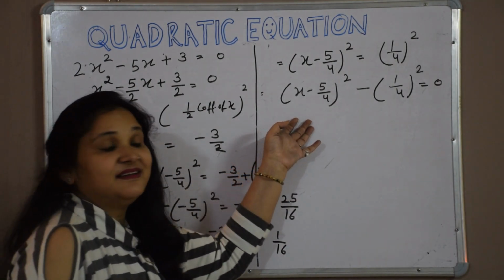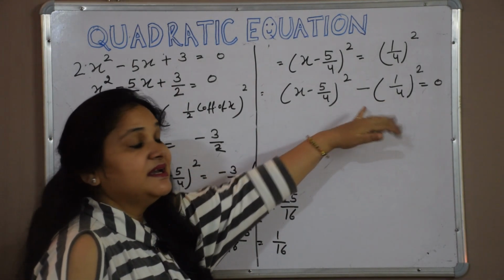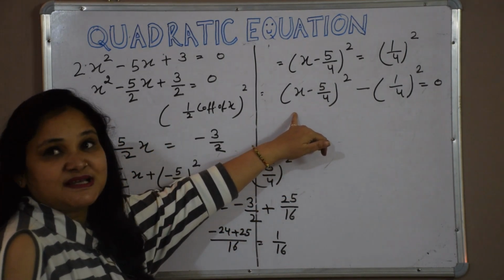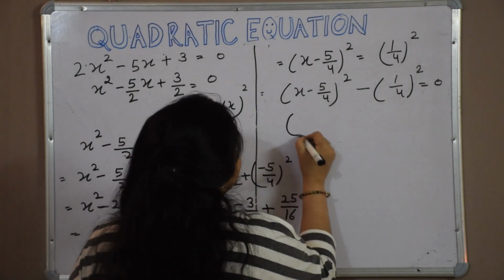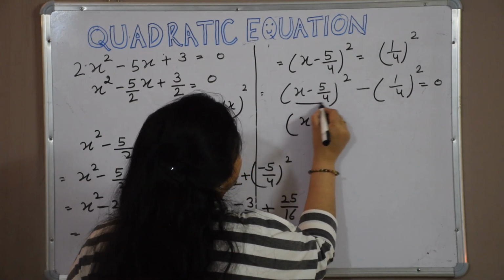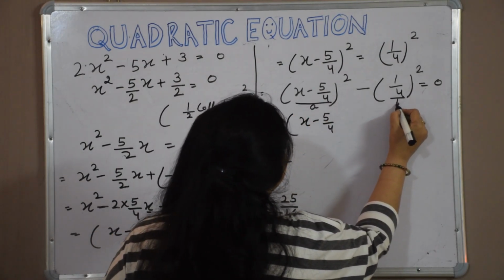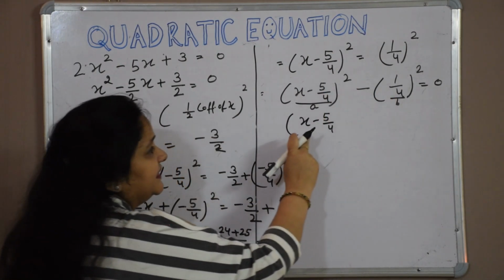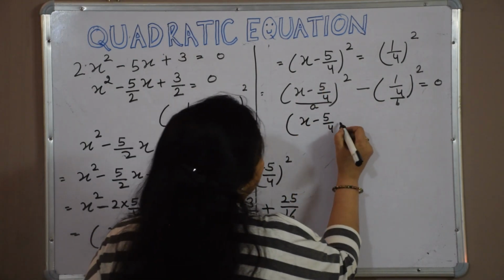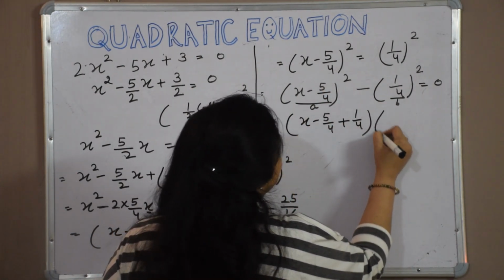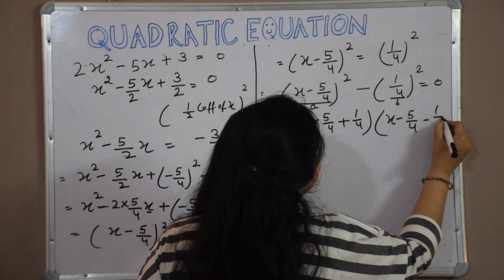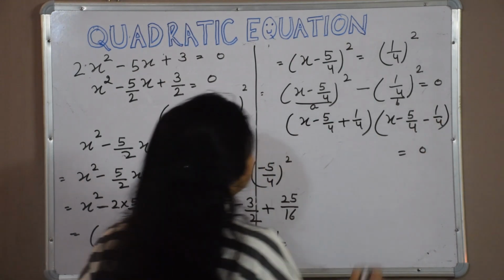Now we can see it like a square minus b square. a square minus b square, or x square minus y square, is equal to x plus y times x minus y, and here our total a becomes this. This is our a, this total portion, and this is our b, so it becomes a square minus b square, and that is equal to a plus b times a minus b. So this is our a plus b, b is 1 by 4. This is our a minus b equals 0.